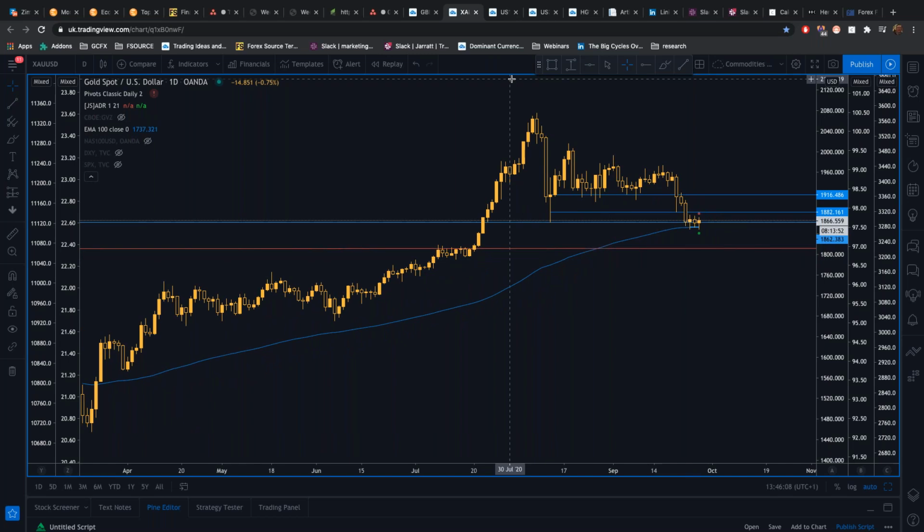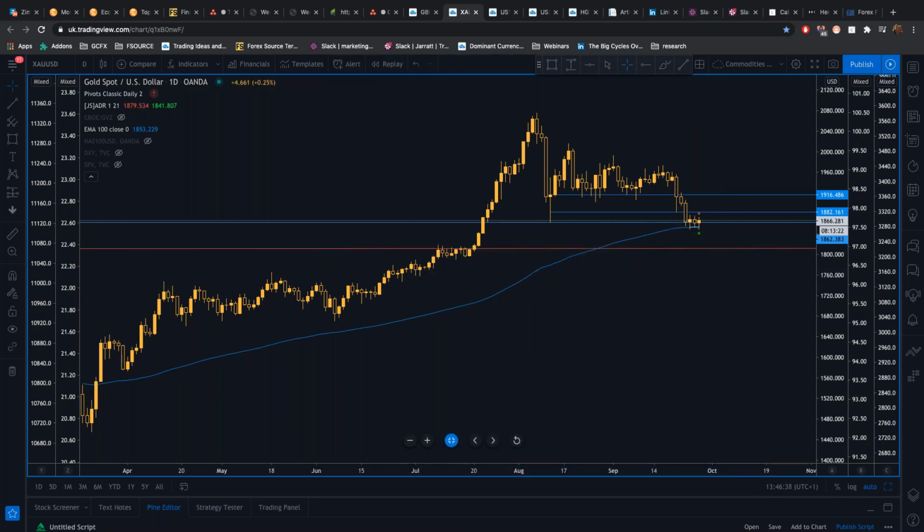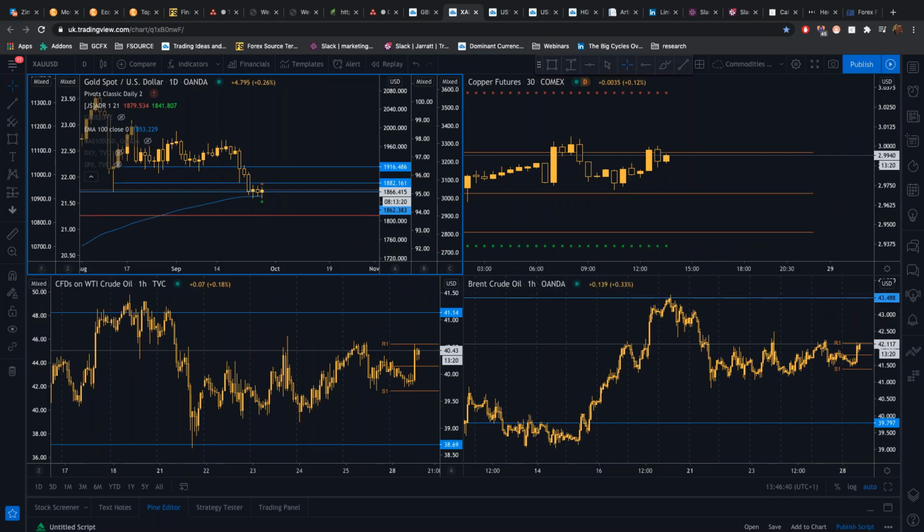You can see this heavy demand level that's here. You can see that when price was last here, look how price shot up on this heavy demand level, and this demand level remains in place. So if that does break, we would expect buyers around this 1820, 1800 level with stops just running below there. I just want to point that out. Gold chart is worth looking at the moment. Now let's go back to our main presentation.